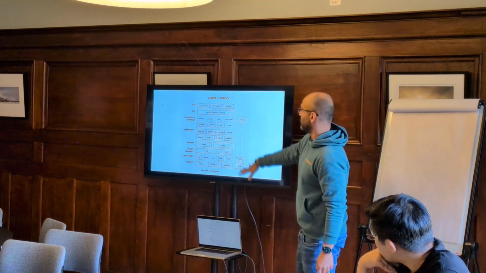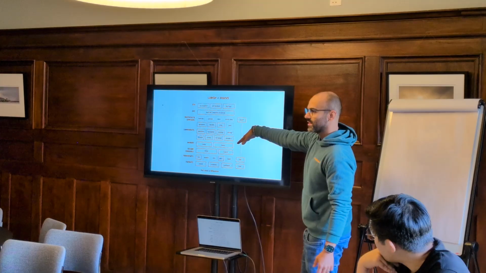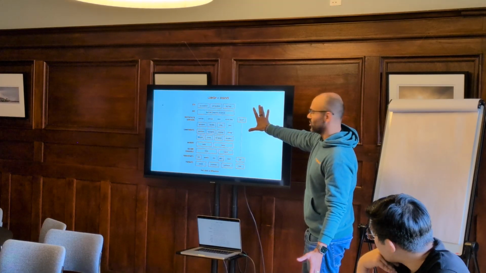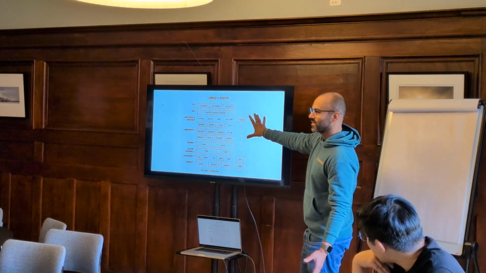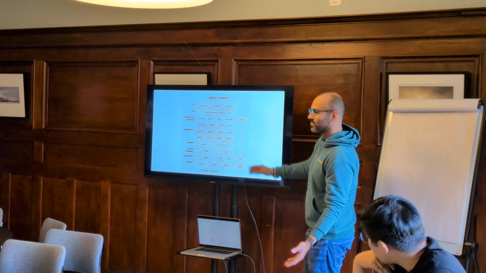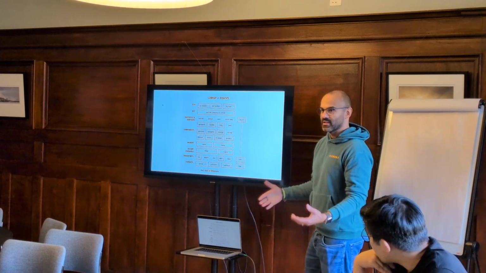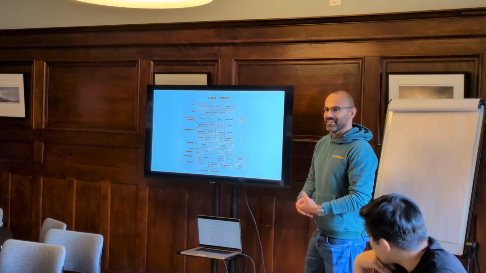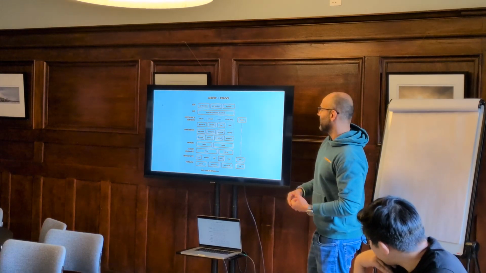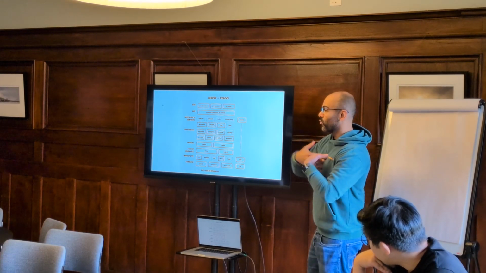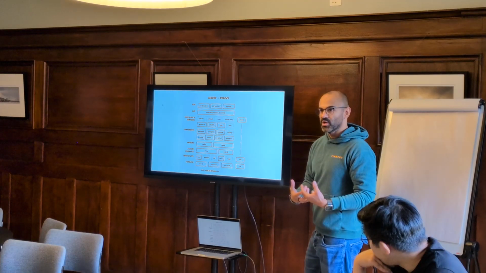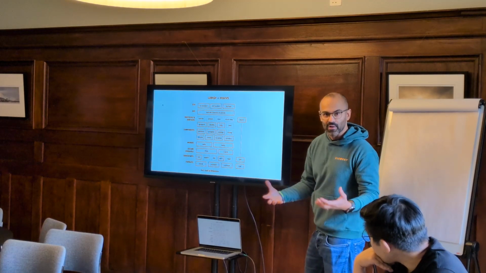So this is what the CL stack looks like today. It looks daunting, right? It's very complex. It's more complex than it should be, probably, right? So this is one of the things that I think Lean can do, can leanify the stack, right? And this is something that we are also actively working on in the peer-to-peer networking team for the L1.